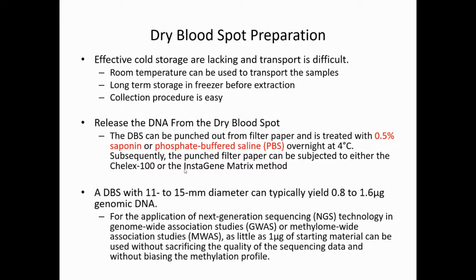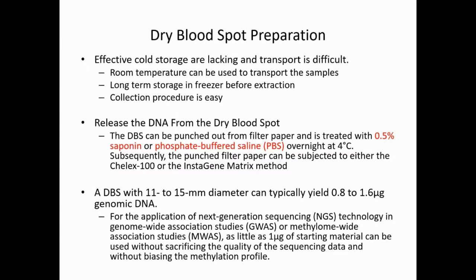And then the dry blood spot preparation. Generating genomic DNA extract from the whole blood has been widely used for diagnosis. But dry blood spots, DBS, on filter paper have emerged as a convenient way to collect and transfer specimens for genomic DNA extraction in rural areas. Because in rural areas you might not have effective cold storage, and also the transport is difficult, so you can use the DBS